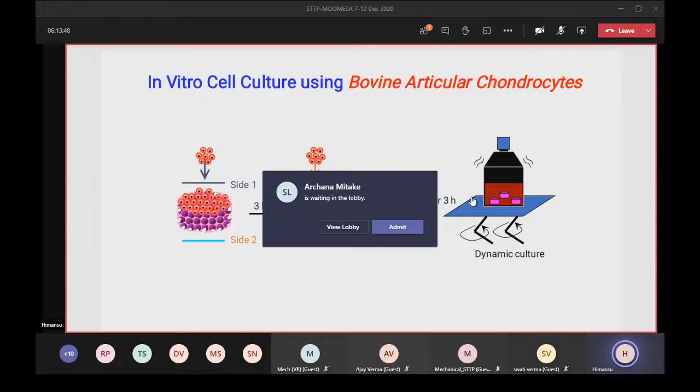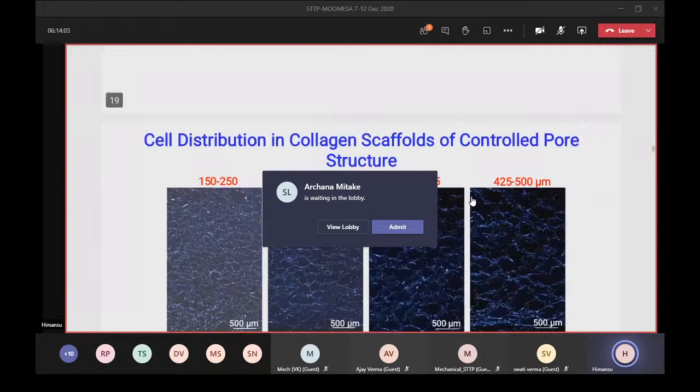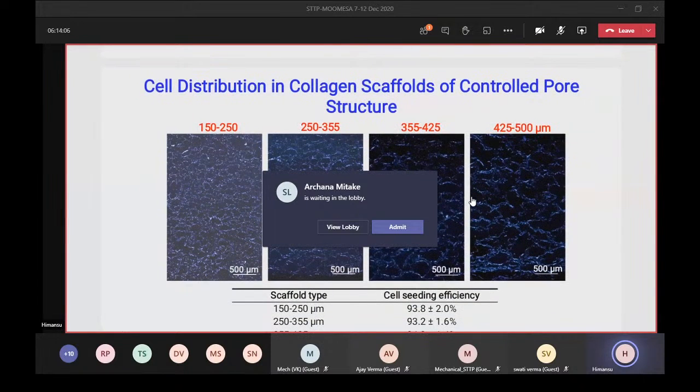And then we do the dynamic cell culture. In cell culture, the cells will try to circulate and communicate with each other, and they can create a friendly environment. This is what dynamic cell culture is. So if you see, this is the cell distribution in collagen scaffolds of controlled pore structure. This is a fluorescent image of different